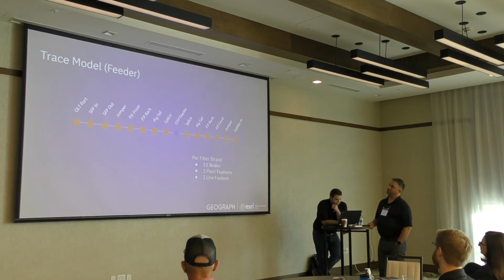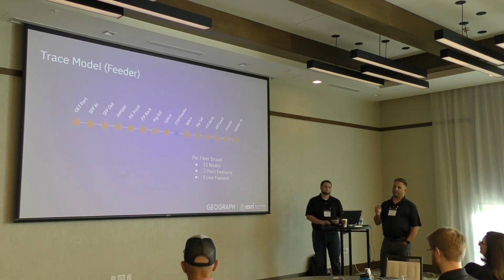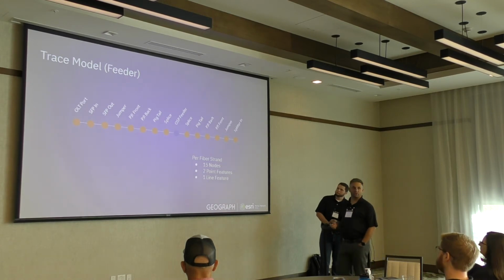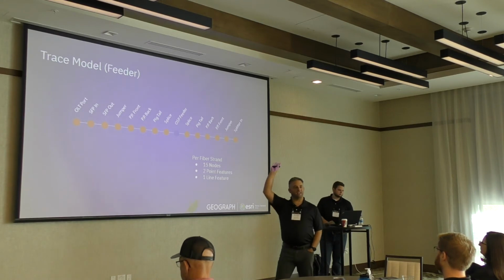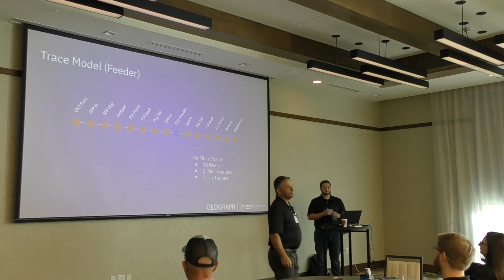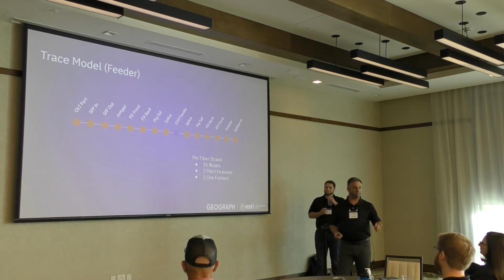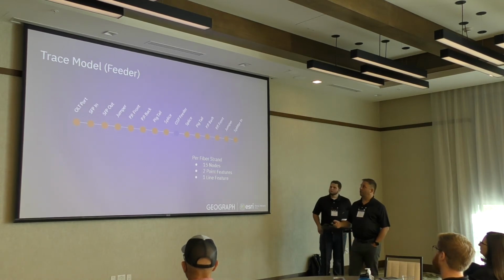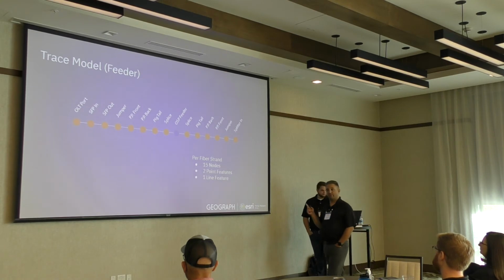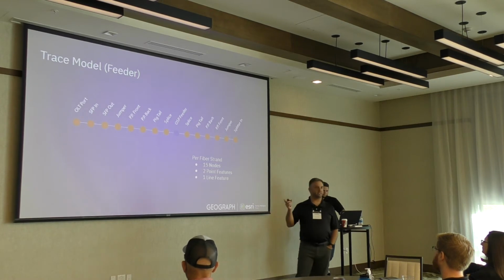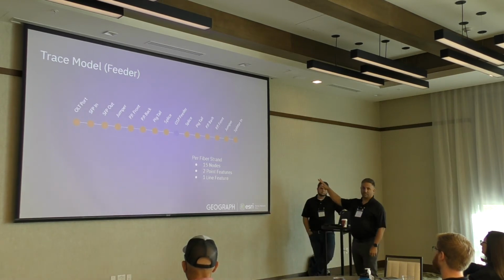But we set out to say the typical feeder, the physical connection of a strand, you're going to start at an OLT port. You come off that OLT port, go to the SFP. How many people are modeling SFPs on the network right now? Okay, good. I'm happy to see someone is. But an SFP has two sides. It has where you plug it in, and where it comes out. So we've got two nodes that represent it. We've got a node that represents a jumper going from the SFP to the patch panel. Patch panel has a front and back side. Off the back side it goes to a pigtail. Pigtail goes to a splice. So you can see the level of detail that we're putting in here.